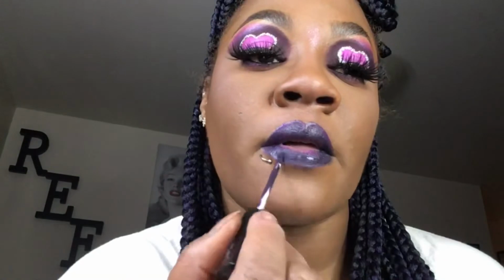It's something I bought over in England at one of their hair and beauty supply stores. And I was like, oh, this is a deep purple. However, it's not matching as well. It's getting dark, but not the same. So I'm adding a little bit of a pink Smashbox that doesn't have any shimmer to it